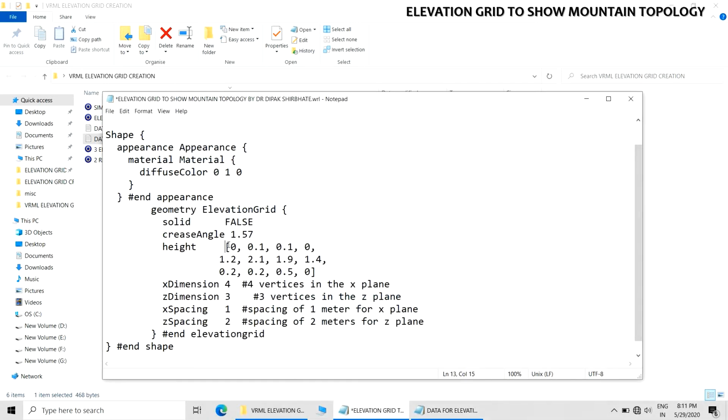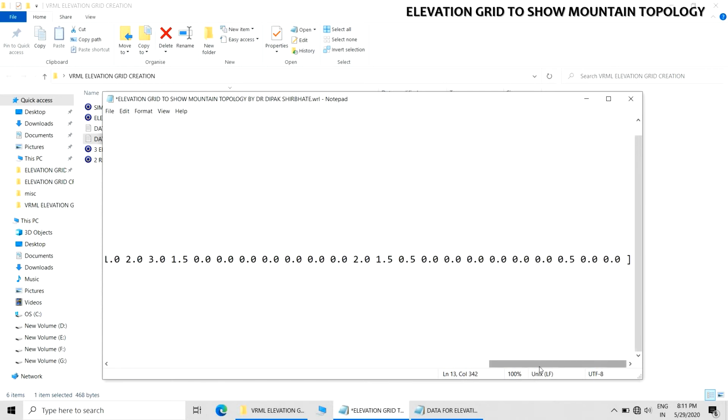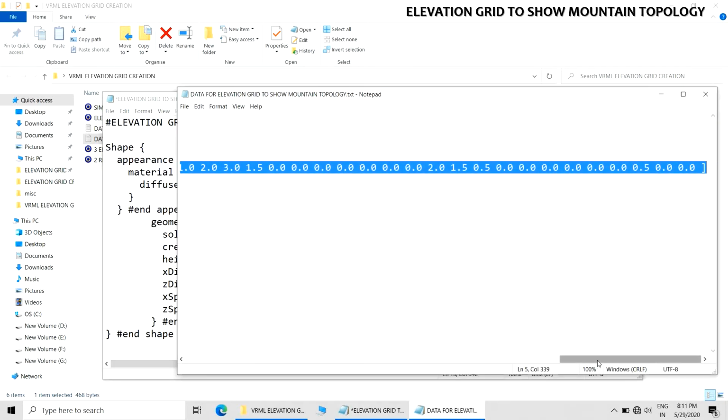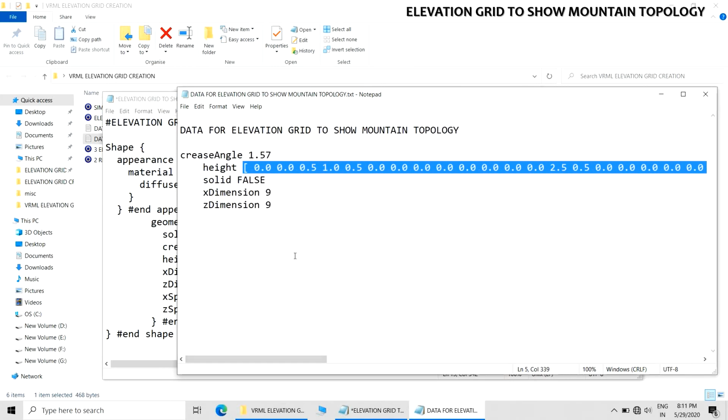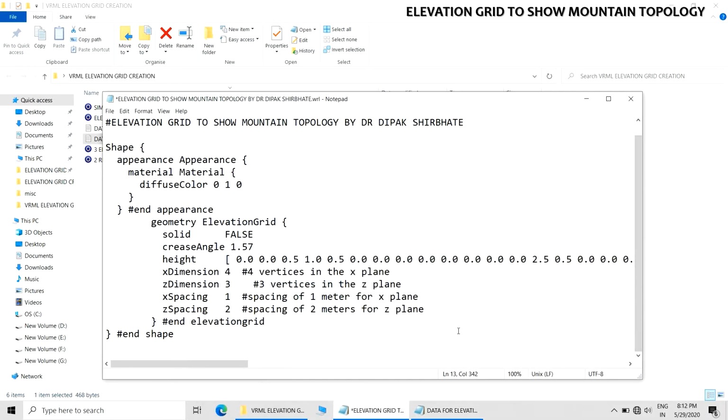Then there is height data. Then X dimension and Z dimension.